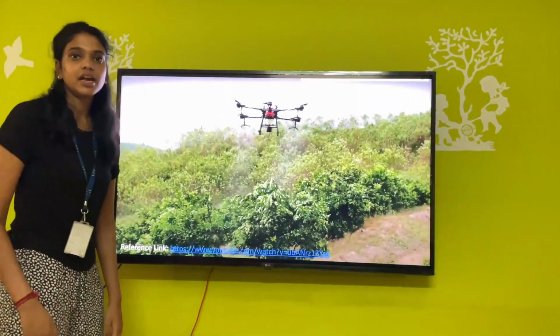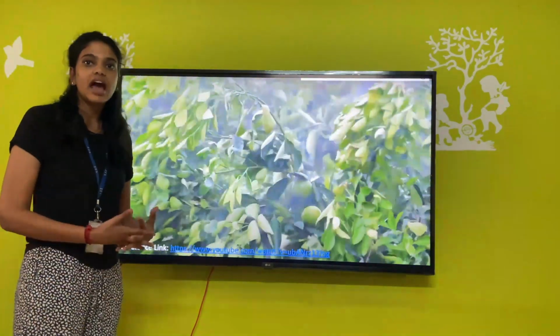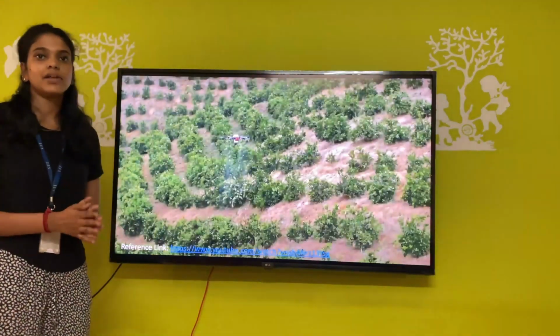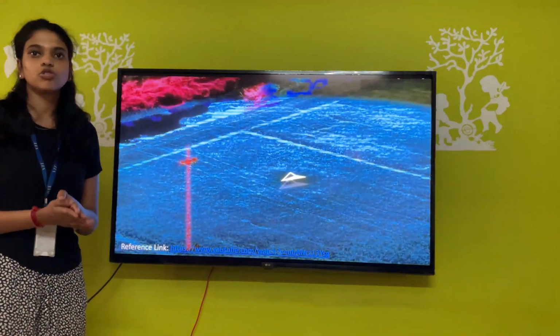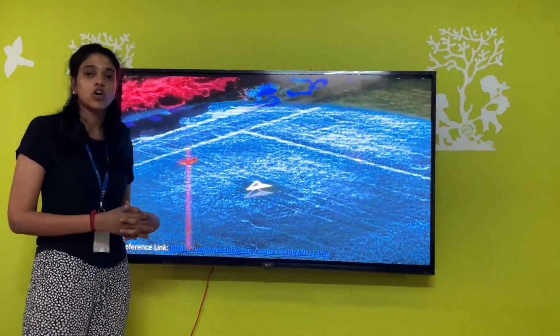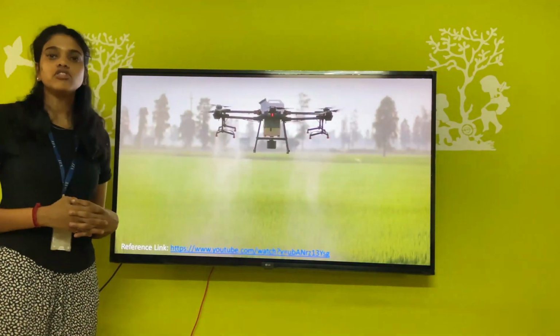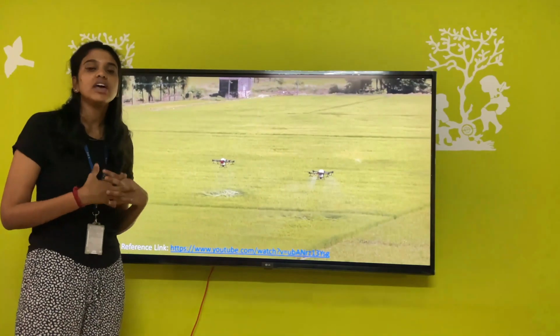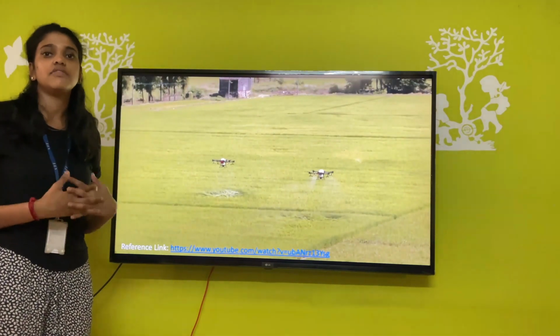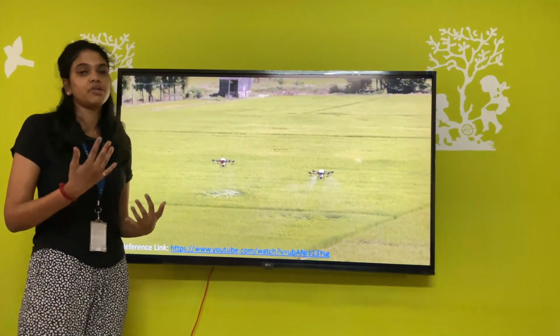And then another application where drones can be used is agriculture, and one such important application in agriculture is aerial spraying. These drones can be used to spray water and other pesticides on the crop throughout the field. These drones can act fully autonomously, and the important thing about them is that they have the ability to know when they need charge and when they need the liquid load to be filled again.